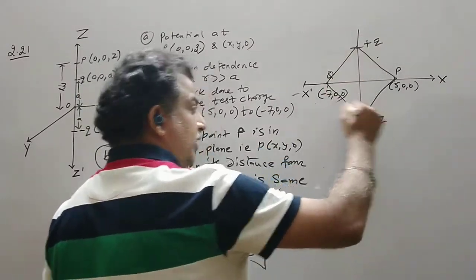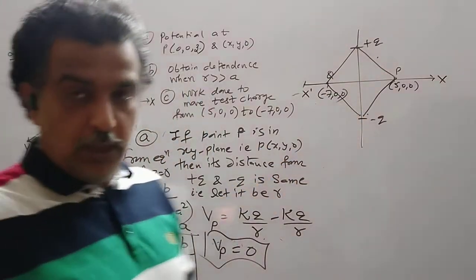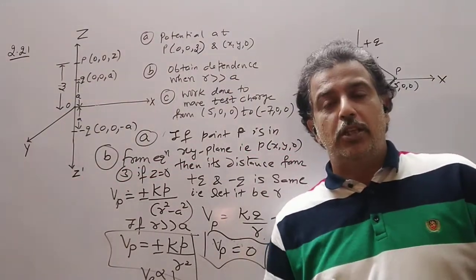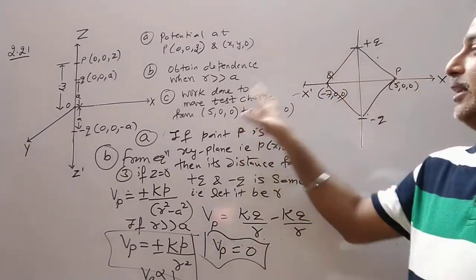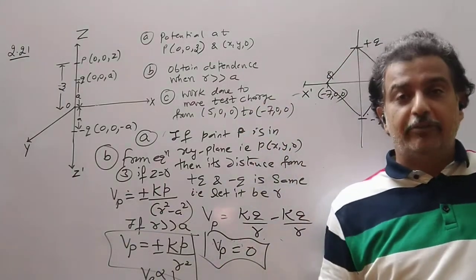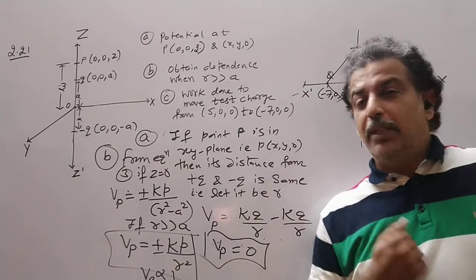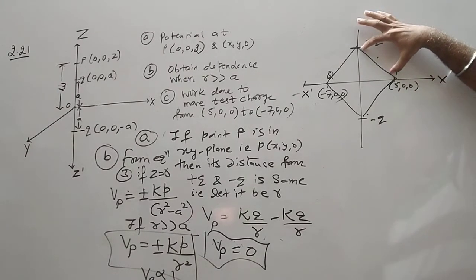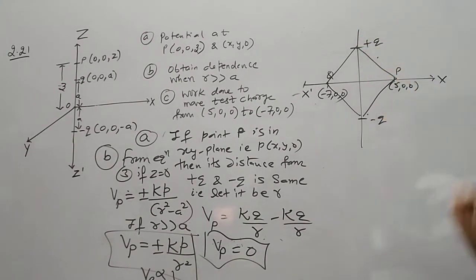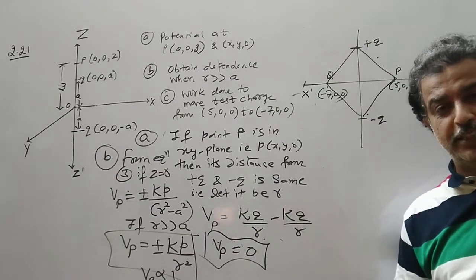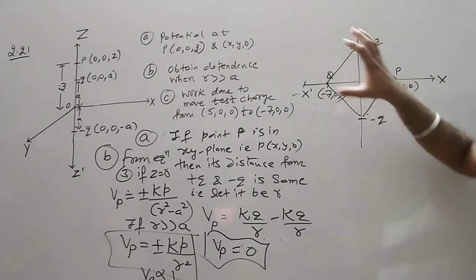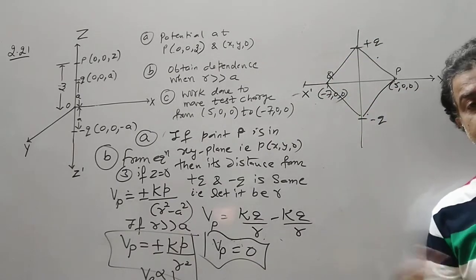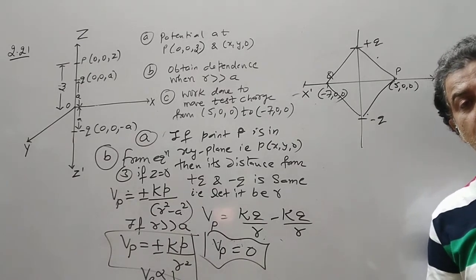This is also at the same distance. So what will be the potential difference when you move from one point to another? It gives rise to the potential difference, but here you have to move a test charge, so it will give rise to an energy difference. What will be the potential at point P due to plus Q? Let this distance again be R. So kQ upon R minus kQ upon R comes out to be 0. Similarly, when we come here, kq upon r minus kq upon r, so again the potential is 0.